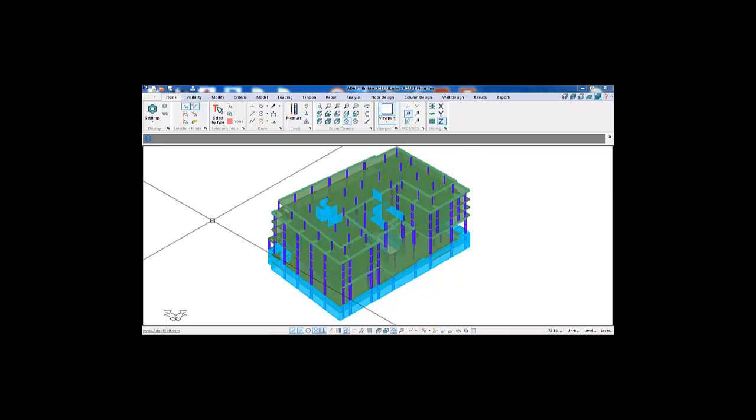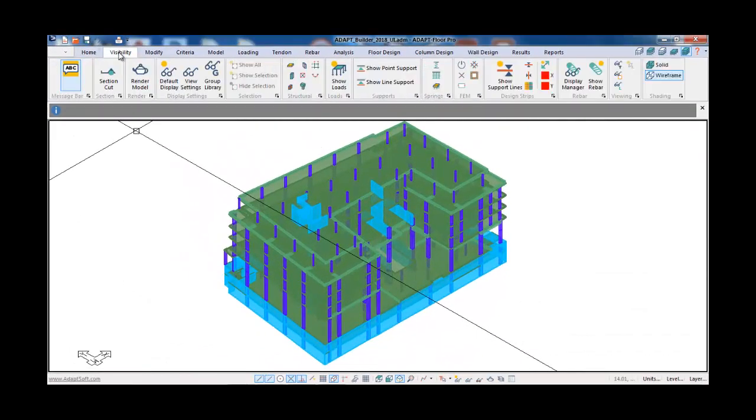So the first thing that might be a noticeable difference is we have ribbons. We have a home ribbon which contains widely used or commonly used tools such as selection tools, drawing object tools, measuring, camera views, etc. The visibility tool contains options allowing the user to control the visibility of what's being seen